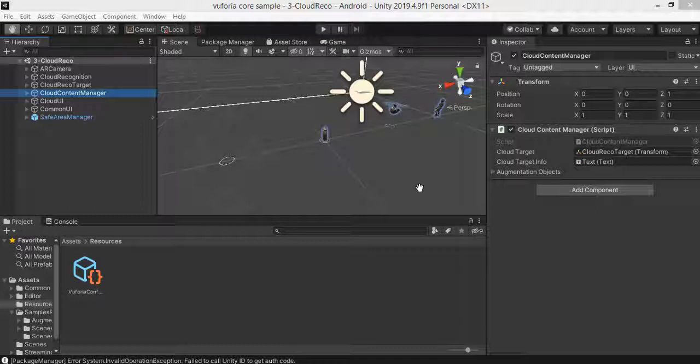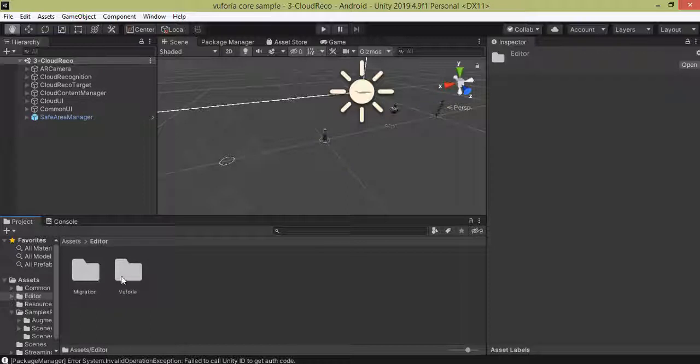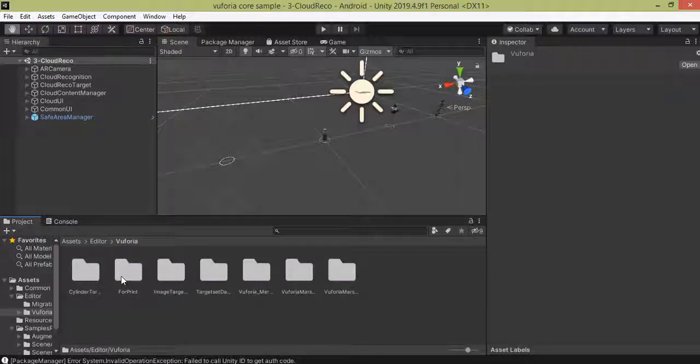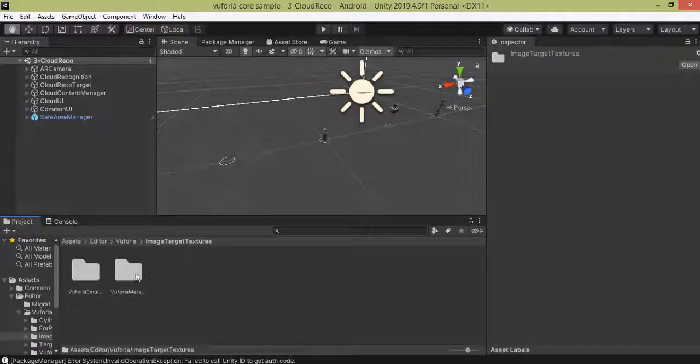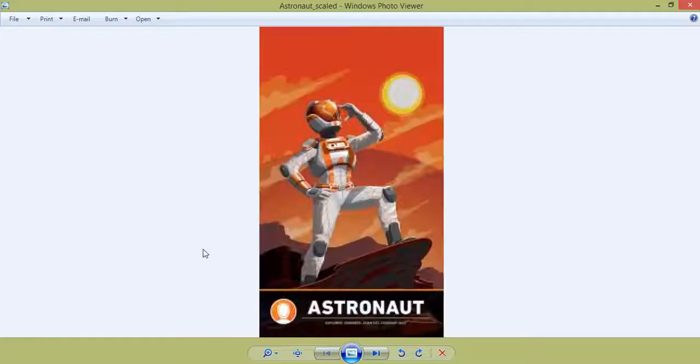Not only the game objects, the image targets are also given inside the Vuforia core sample. For that, I click on this Editor, again click on Vuforia, again click on image target, again click on this Vuforia mask. You will see this image is for the astronaut.